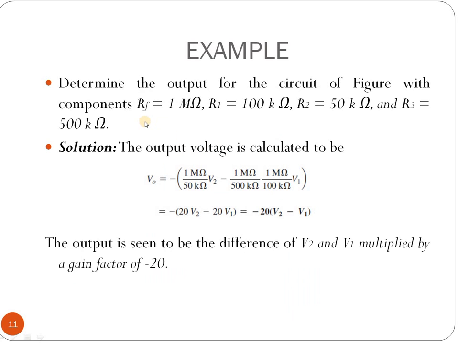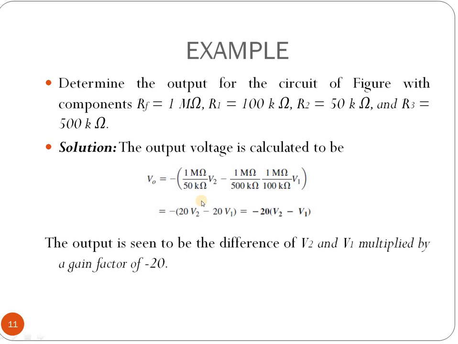An example is given for that subtraction circuit. Determine the output for the circuit of the figure with components RF equals 1 megaohm, R1 equals 100 kilohm, R2 is 50 kilohm, and R3 is 500 kilohm. So the calculation will be like the previous one that was given in the circuit. So V0 equals